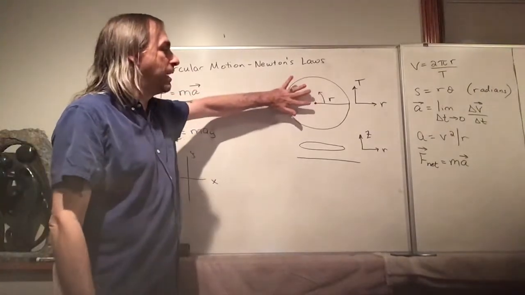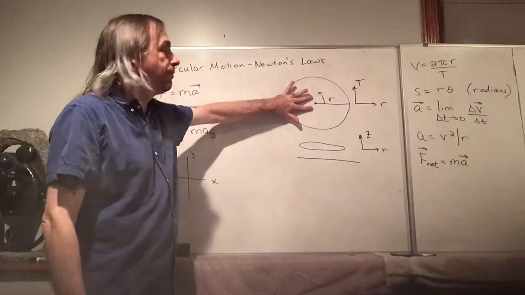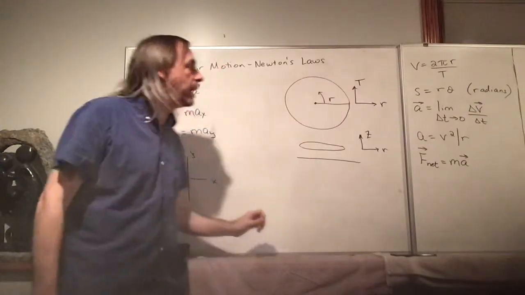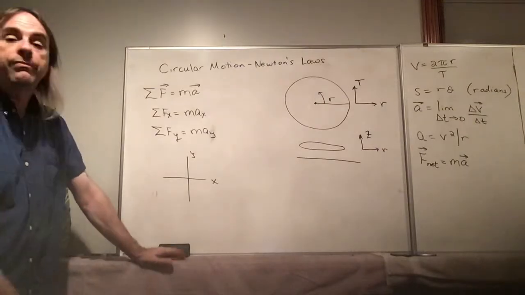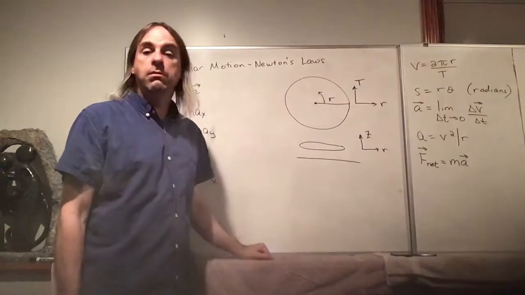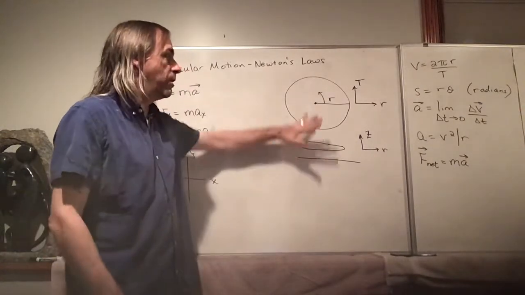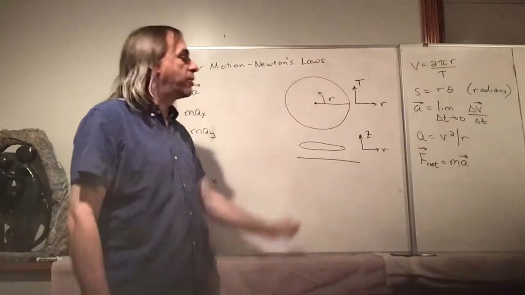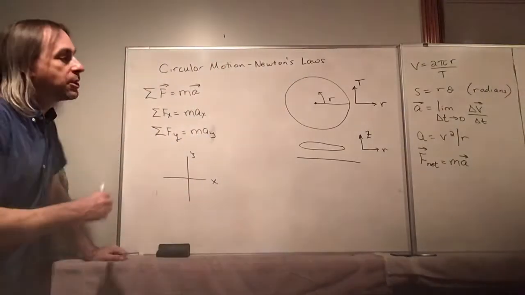This is looking down on this circle. So we have the radial direction. The tangential direction is the direction that it's moving. And the z direction would be upwards. So if we rotate this so that here's the ground, the z direction is upwards. So what we have for